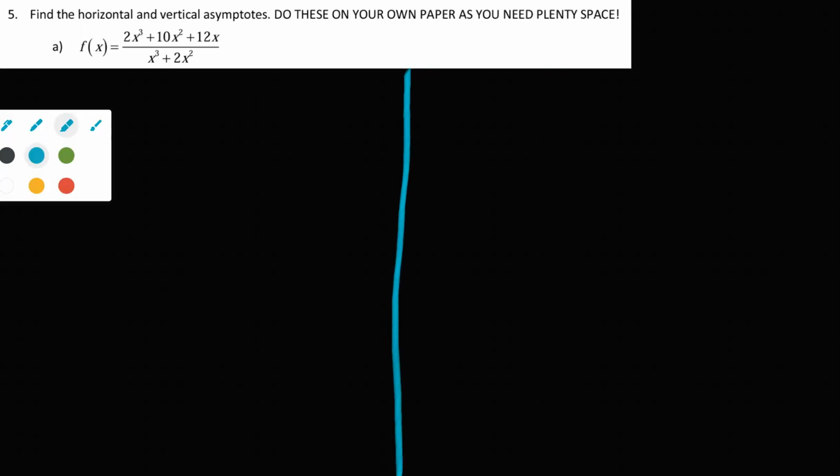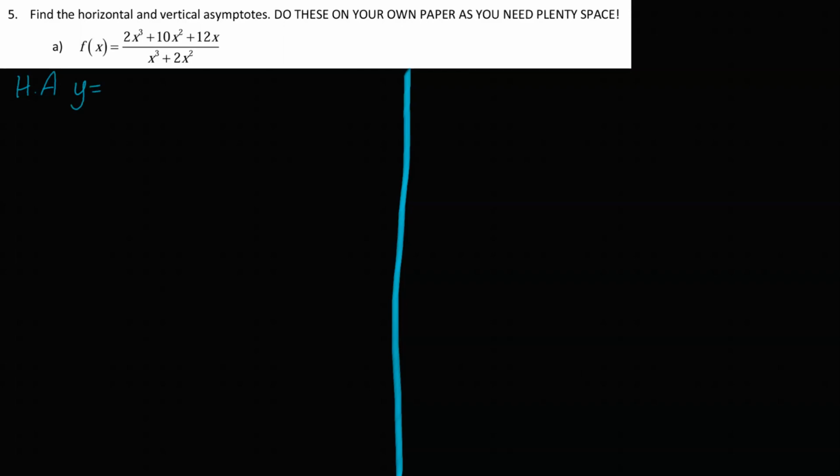I'm going over number 5 in the exam review, which is asking for us to find the horizontal and the vertical asymptotes. So what I want you to be able to do is to use the definition of the vertical and horizontal asymptote. So by definition, horizontal asymptote happens